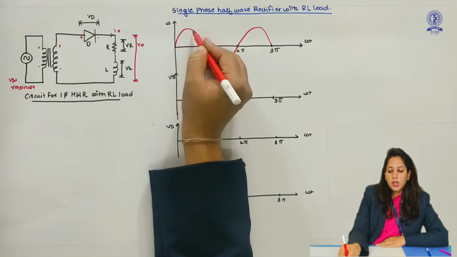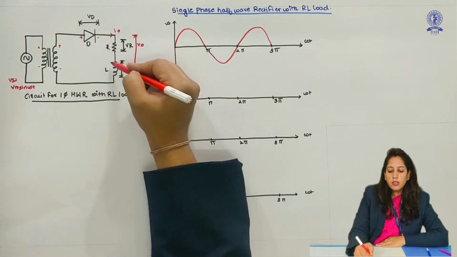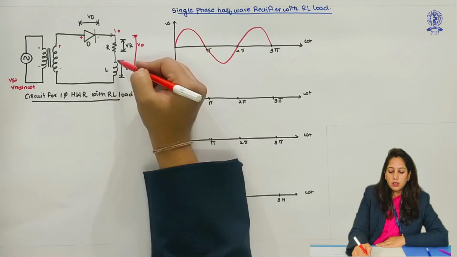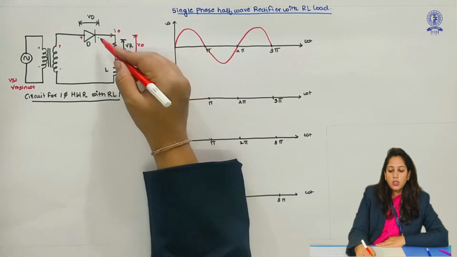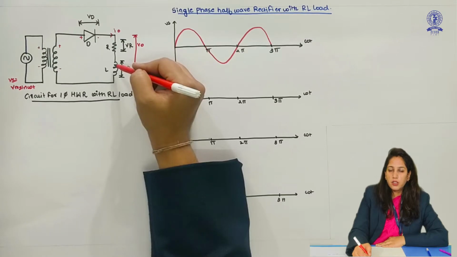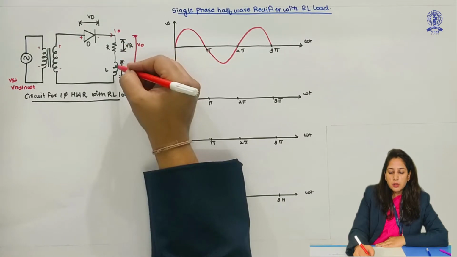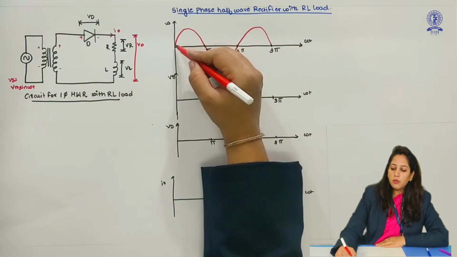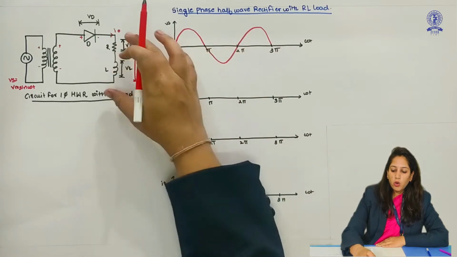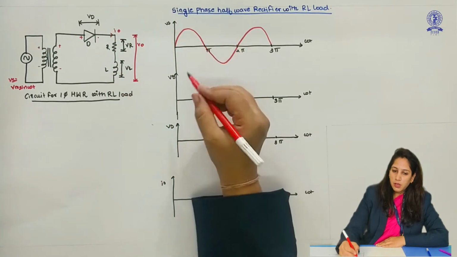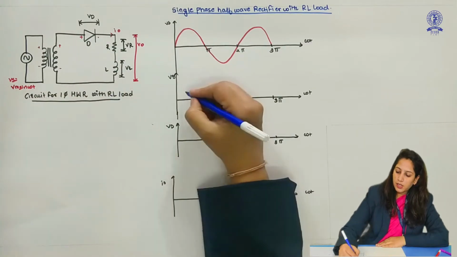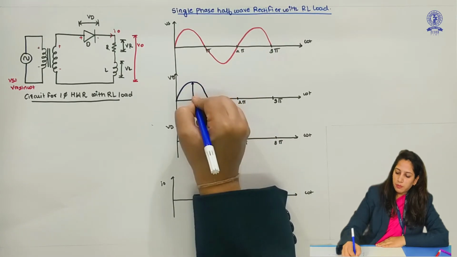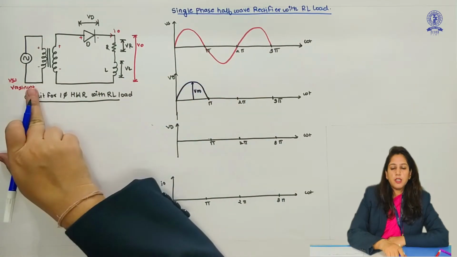In the first half cycle, due to this current I0, the inductor will be energized. So this inductor will have some energy due to this I0, as we know that an inductor energizes. The inductor current lags the resistance current. So here we will see the output for this now. The output for the first half cycle will be the same as the input, which will be Vm.